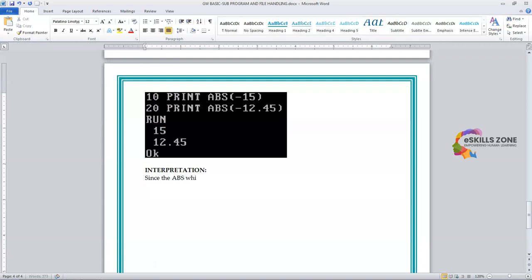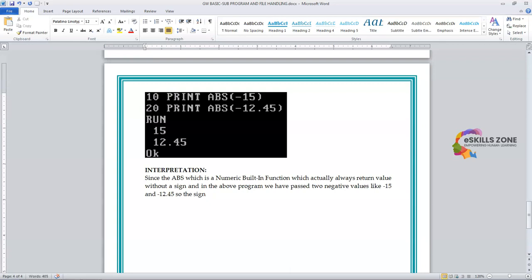Since the ABS, which is a numeric function, can call numeric built-in function, which actually always return value without a sign, and in the above program we have passed two negative values like -15 and -12.45, so the sign is completely removed after executing,